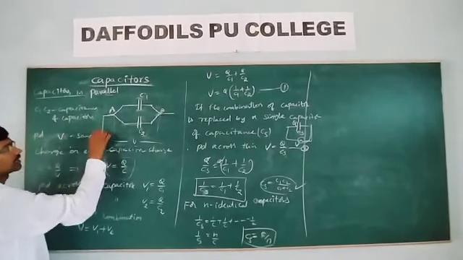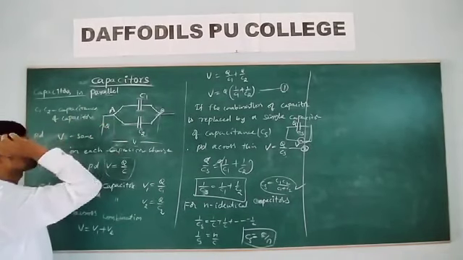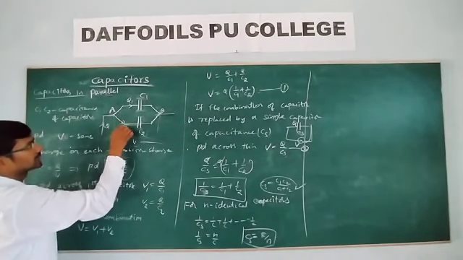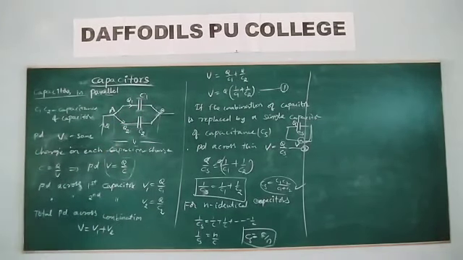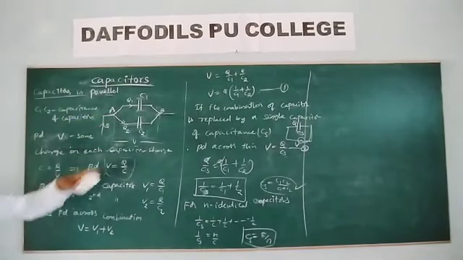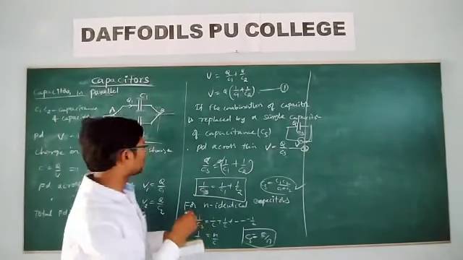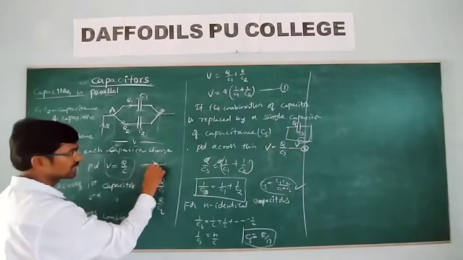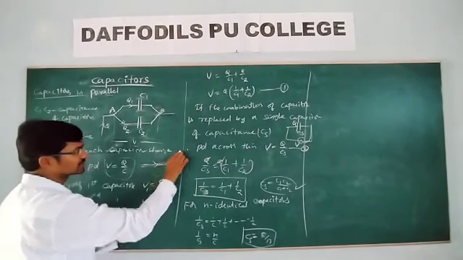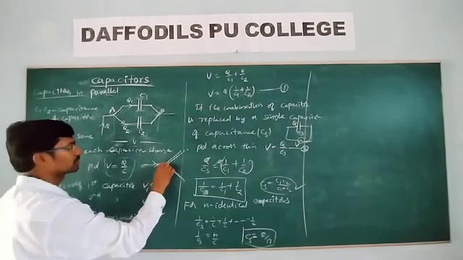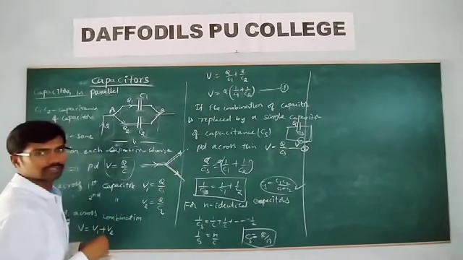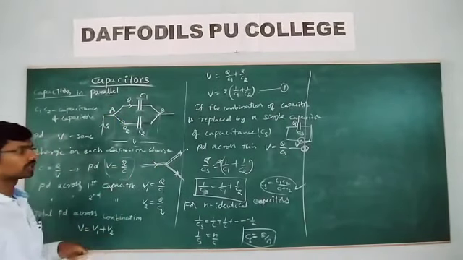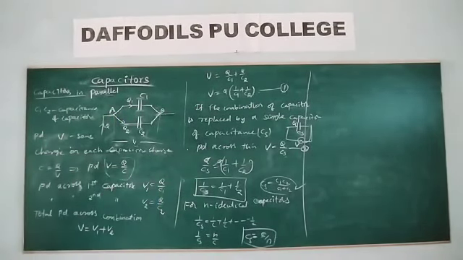Whenever a charge Q is supplied, what will happen here? Charge Q1 appears across C1 and charge Q2 appears across C2. Is it okay? The charge will be divided into Q1 and Q2. Remember, you are traveling in one line. When you are traveling in one line, all the persons have to travel on the same path. But if you have two paths, some persons may follow this path, some may follow that path. So the total is the sum, that is, Q is equal to Q1 plus Q2 when you have different paths.